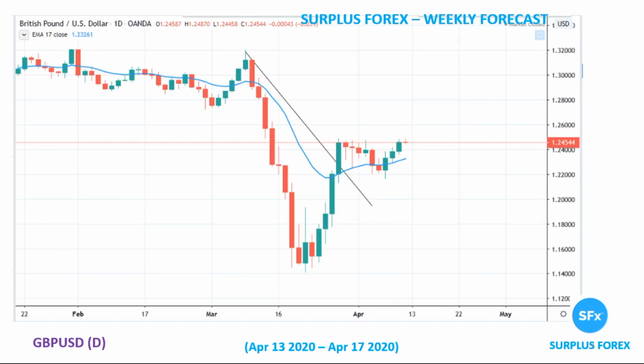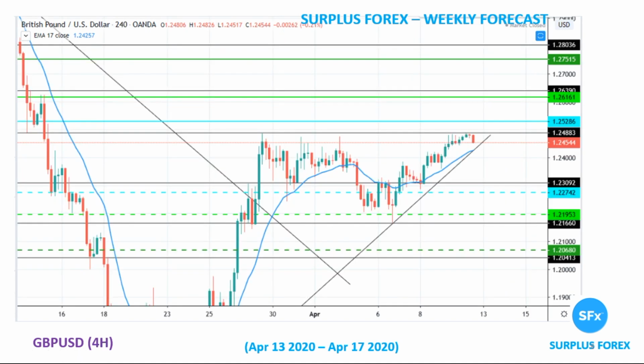For GBPUSD on a daily time frame, we see that it did show a mix, but it did rise from 122 to 124.54. Overall, it's been rising if we take into account the past 4 or 5 weeks. So this is as of now. I believe that it'll break this point and will rise further. So taking into account that I'm mixed to bearish on USD, I'll make my entries accordingly.